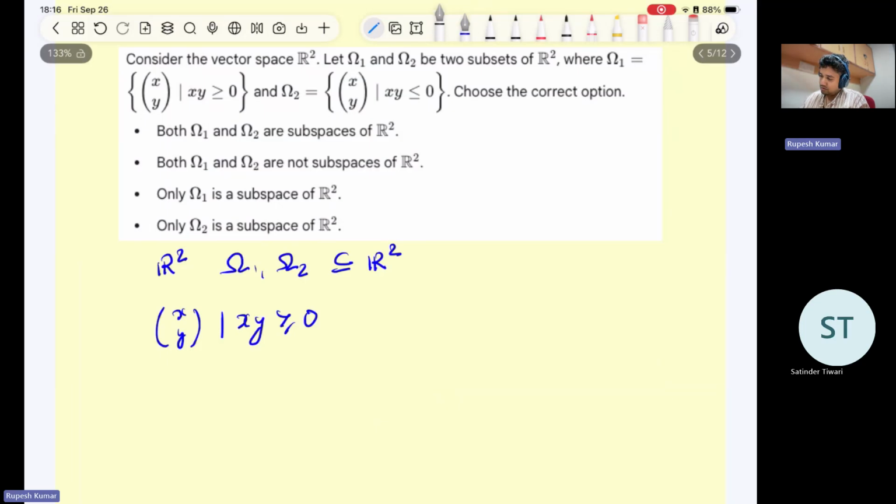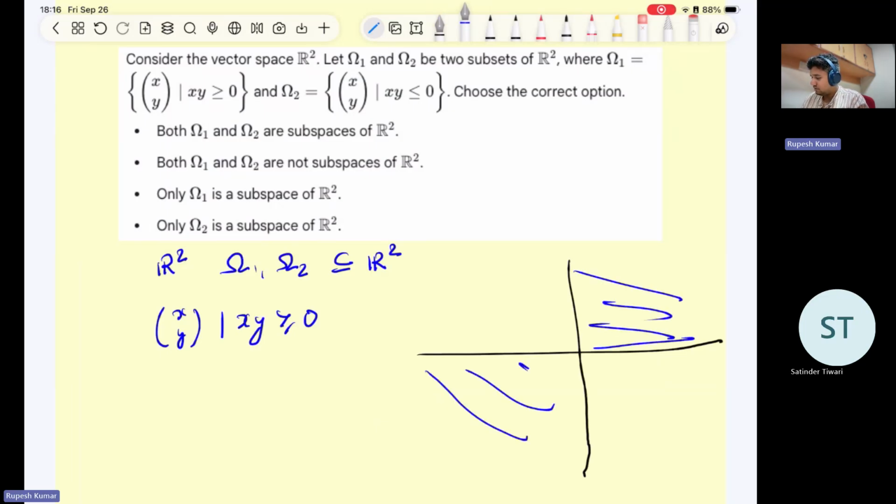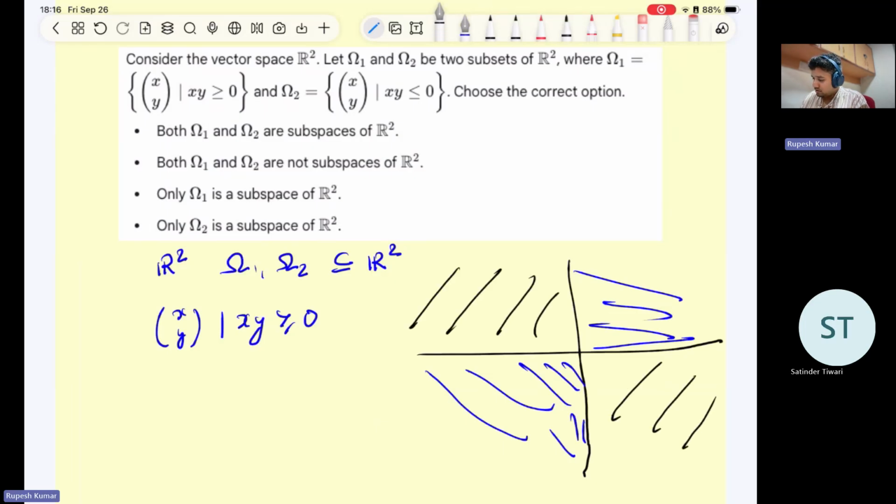Let's try to see on the Cartesian plane what it looks like. It says x into y should be positive, so basically this region and this region. And omega 2 says x into y should be negative, so that will be this region and this region. So this is omega 2, this is omega 1, this is omega 2. The question is,